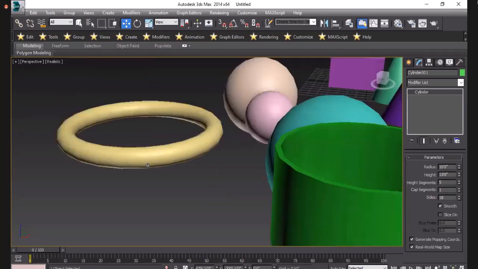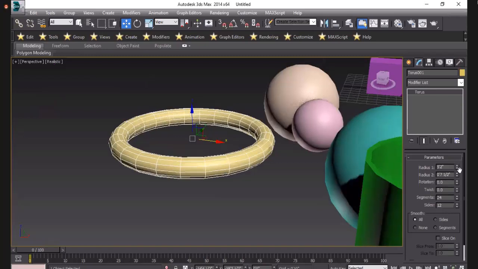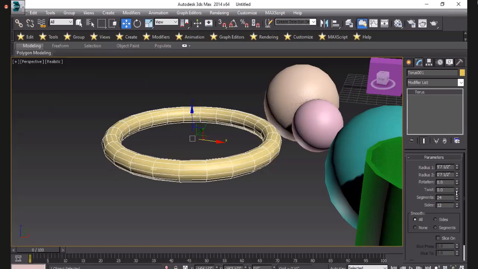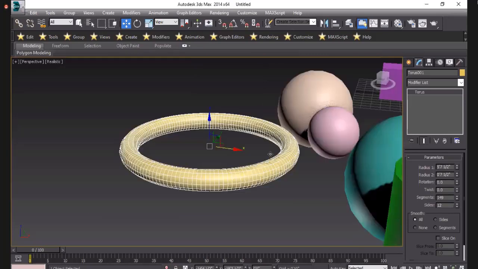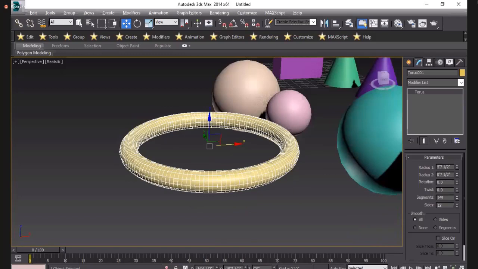If you want to see here, just look at this. I will increase the segments of the torus. If we increase the segments of the torus, it has a smoother shape. Okay, it has a smooth shape.